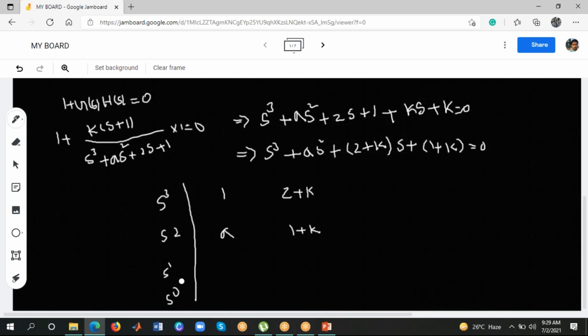Okay, now the first term in S1 row. So we'll get A into (2 plus K) minus 1 minus K, so bracket is 1 plus K, divided by A. And here 0 we will get, and finally the last term is 1 plus K. Now from this Routh array, we are going to find the value of A and K. Okay, now see here, if the elements of S1 row are all zeros,